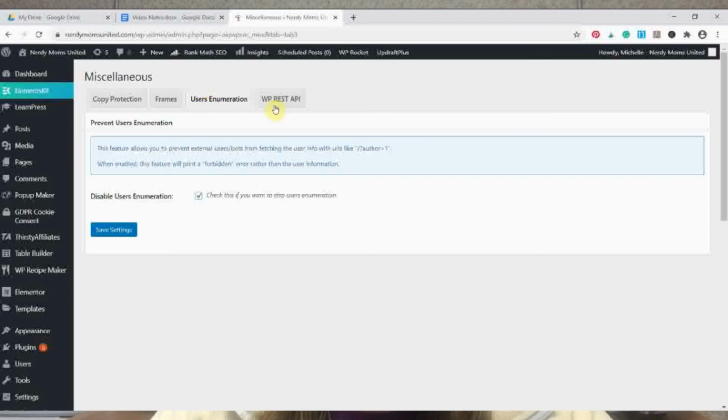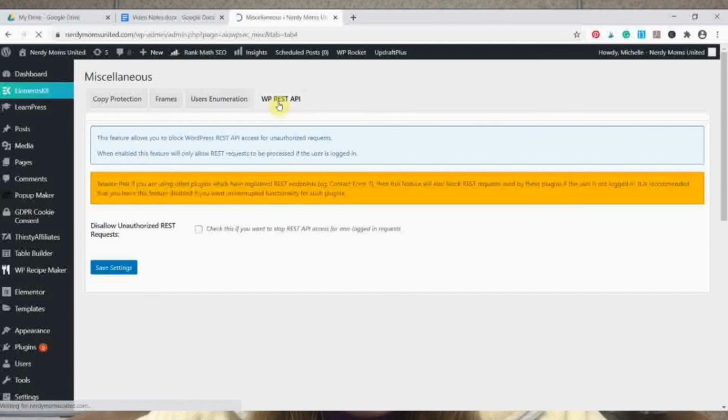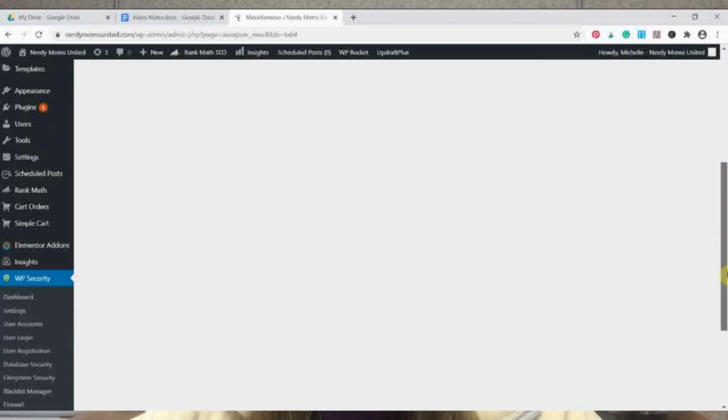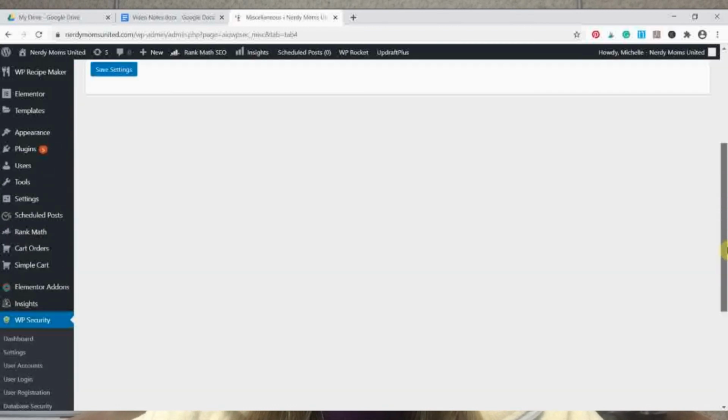And then last is the WP REST API. There are different plugins that use a REST API. I currently use it for different things on my site, so I do not have it turned on, because if you use a REST API key for your site for different reasons and you have this turned on, it will block it, and then what you're trying to do will not work. So you don't want that to happen, and that's no fun. And then you're going to be trying to figure out why it didn't work. And that's everything with